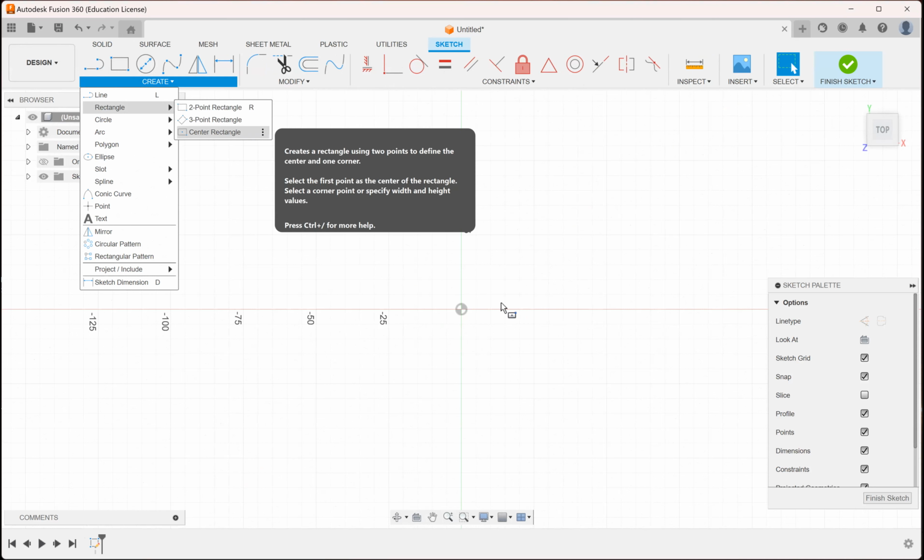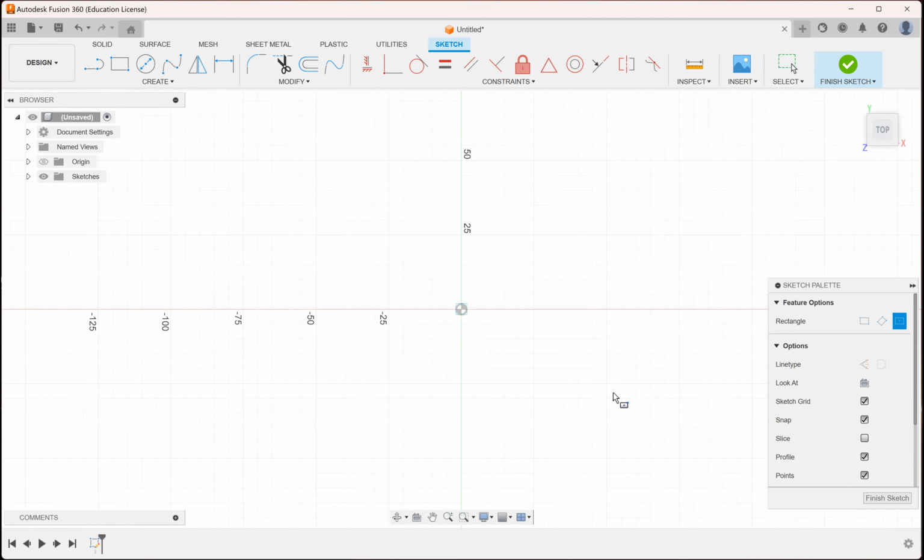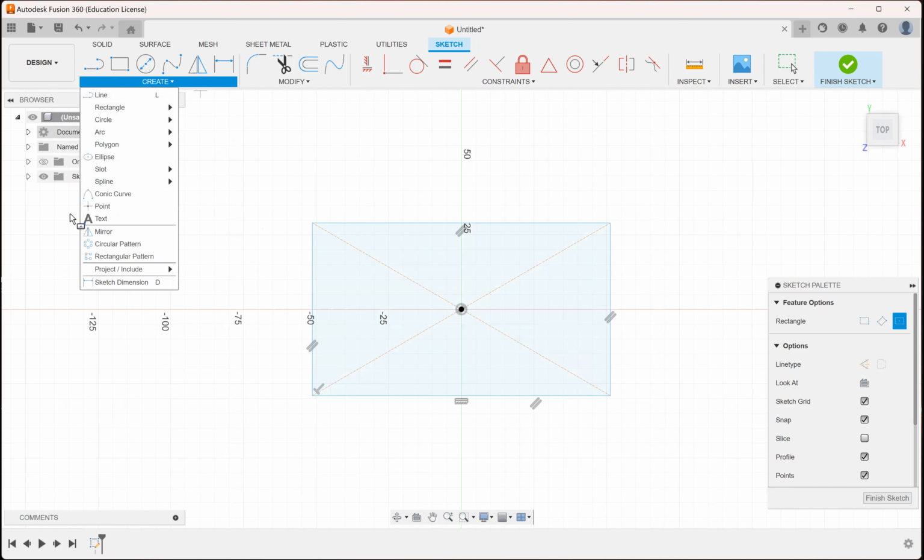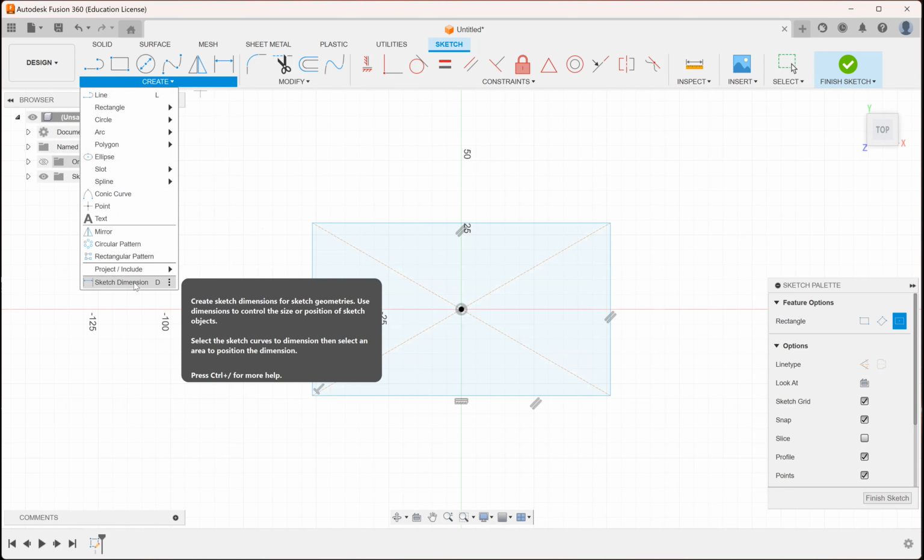just a center point rectangle like he does in the video, start it there, and I'm just going to click instead of setting dimensions. What you'll notice is that the outline of this is still blue, and that's because I have not defined my sketch at all. That means that if I wanted to, I could drag the edges, pull them, and change the shape. This is problematic in future modeling because it can create issues where you shift things around and your lines start changing. So the best way to fix that is you have to add sketch dimensions, which is just found by